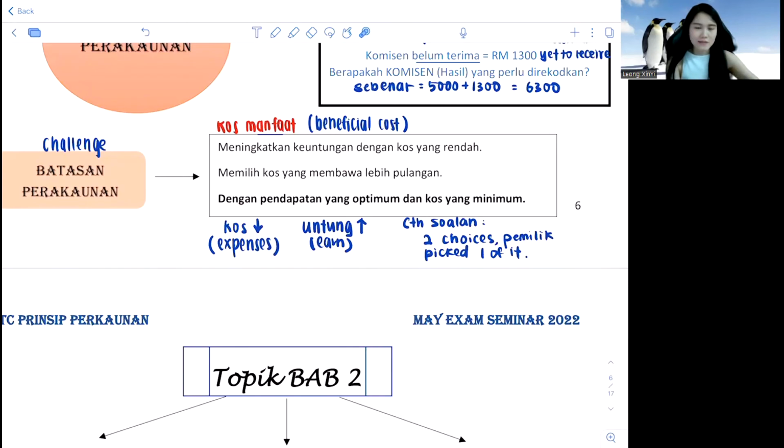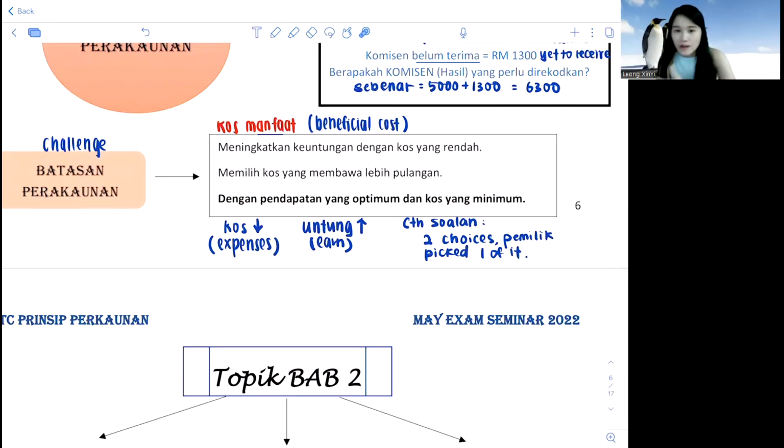So then in the end, the boss decided that he wants to open a new shop in Puchong. So that is what we call cost manfaat. Now, we are in no place to judge why he chose the new branch, but rather you can understand it this way. Maybe after considering, the boss realized that opening a new branch means you score a new market, and whoever is in Puchong will be easily accessible to the shop there, rather than they have to